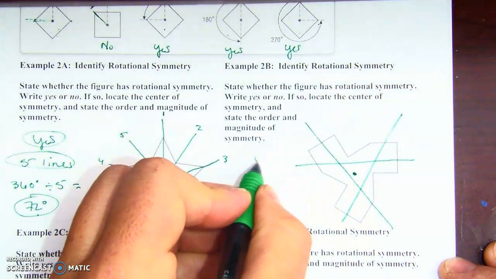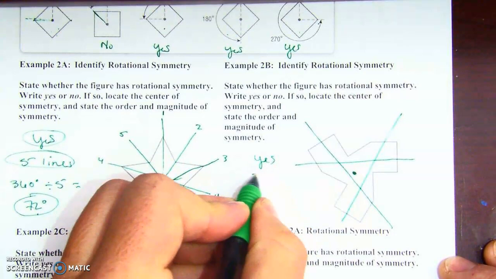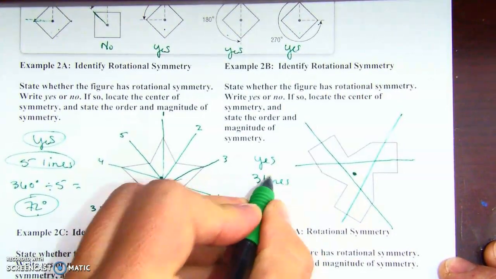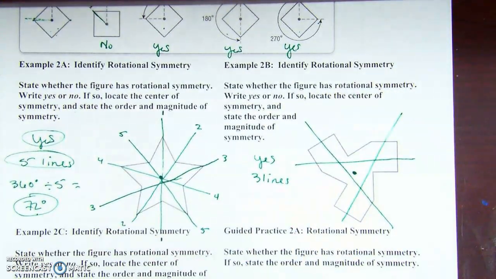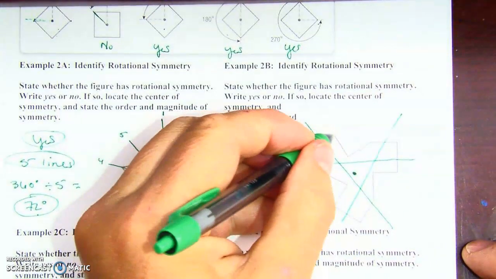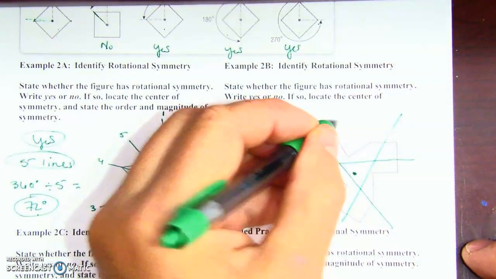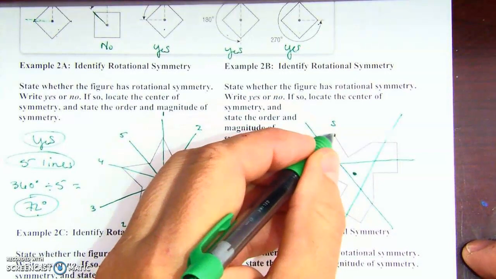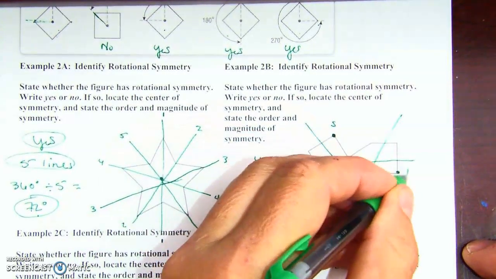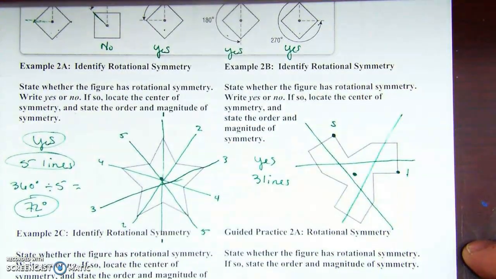So we have, yes, 3 lines. And what we could have done too, instead of doing that, is say, okay, this is my starting point. I'm going to put an S here. And if I were to rotate this point to here, which would have been point 1, would it have mapped onto itself? The answer is